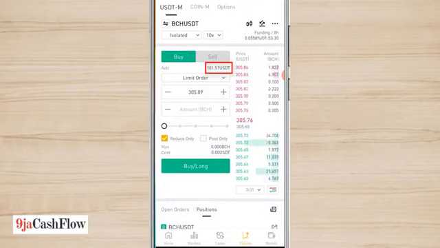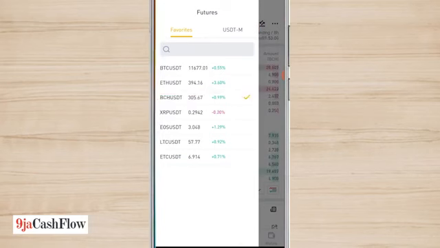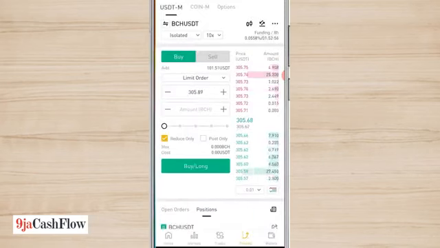And before you start trading, you need to know the markets that are on the futures market. So we have about 7 of them: Bitcoin, Ethereum, Bitcoin Cash, XRP, EOS, Litecoin, and Ethereum Classic. Personally, most times I trade Bitcoin, Ethereum, and BCH. So you need to click on the markets. I'll click on the Bitcoin Cash USDT market, and as you can see, the first thing you see is